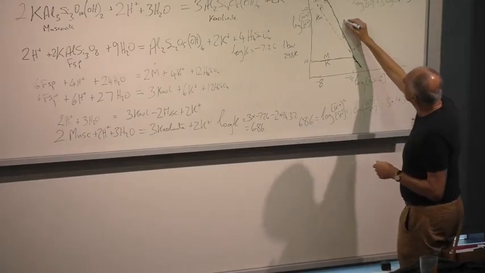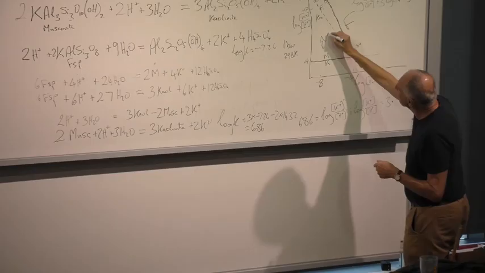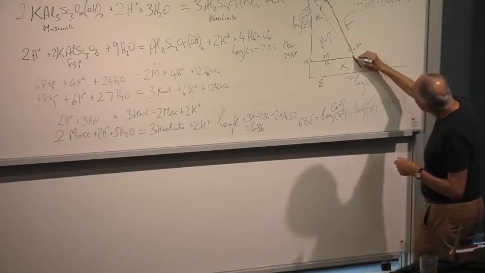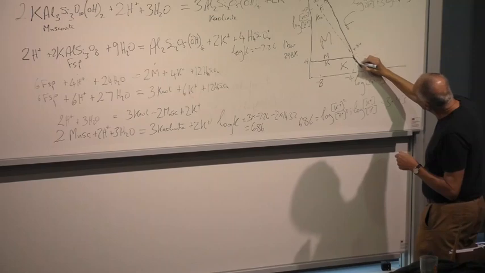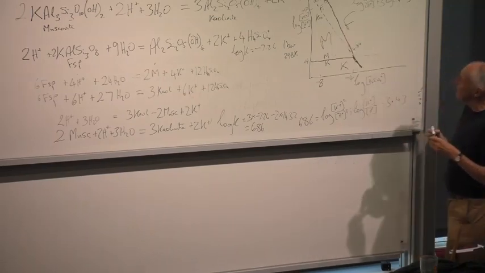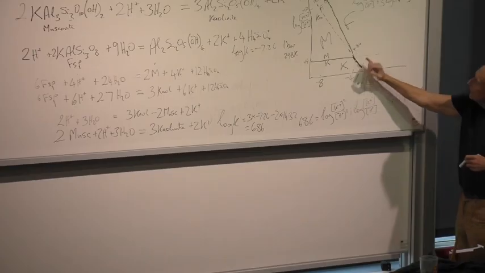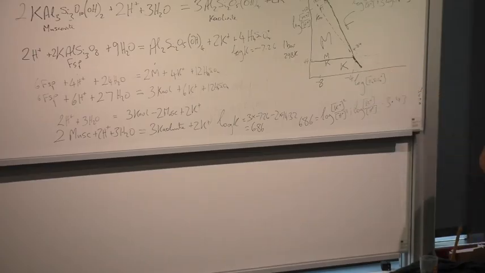So this is the field of feldspar, this is the field of muscovite, and this is the field of kaolinite. Okay, that's the feldspar kaolinite line. Okay, so I hope that's fairly obvious. Right, kaolinite is stable here, feldspar is stable over here, so this part of that line is stable. Alright, now